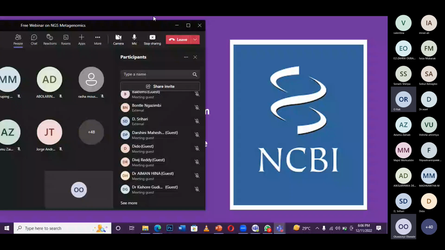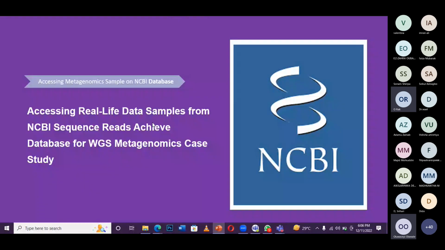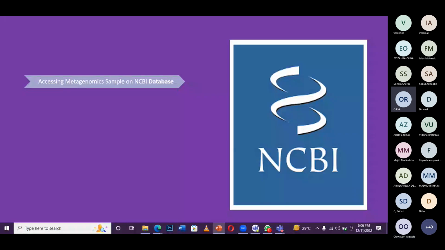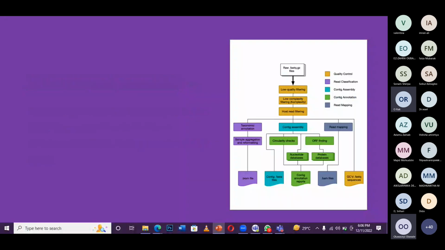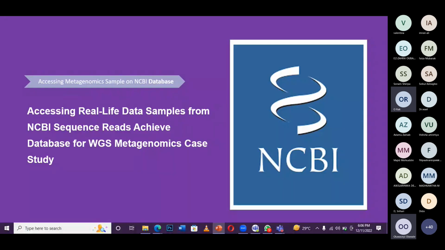We have assessing real life data samples from NGS. This is just for when you want to get the samples. Then we have an introduction to the pipeline database. I would like to tell you right now that these are the steps involved in exploring the metagenomic sample,